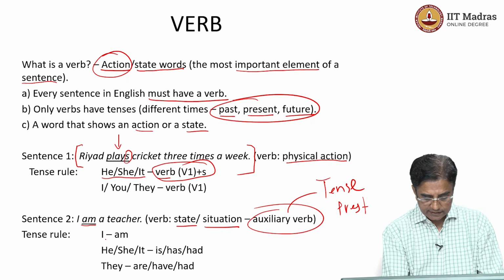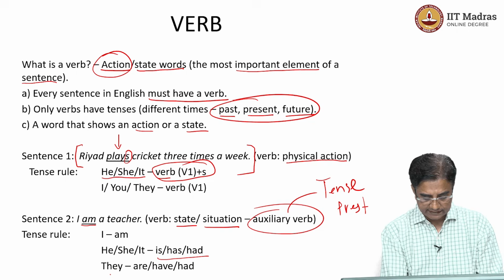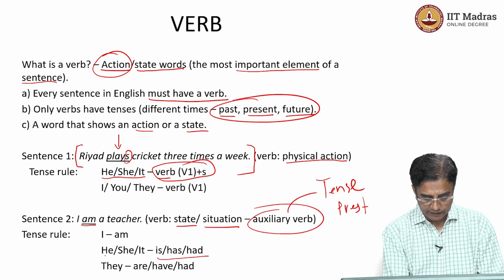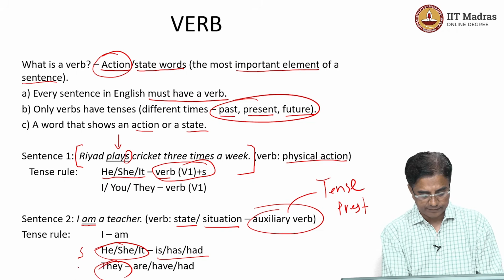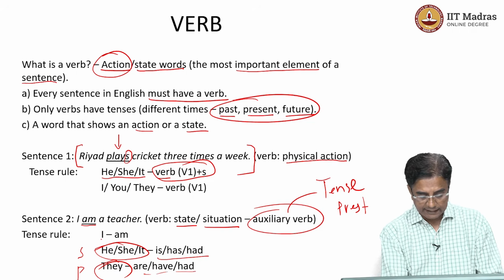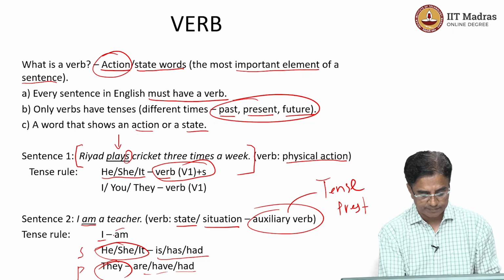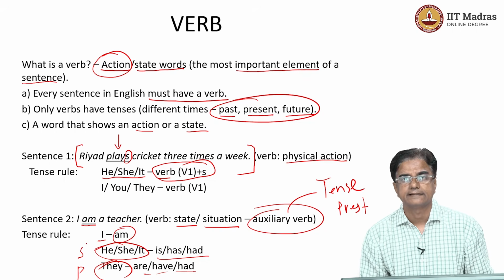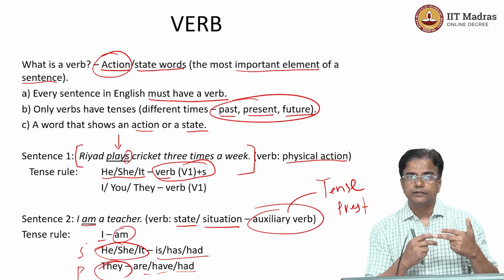So, the rule is I am, you will see he, she, it will have something else, and they. All these three, because they are singular, have some other markers, and they, because it is plural, has got some other markers. I has a special status in the language, therefore it has a special marker in present tense. So, basically,